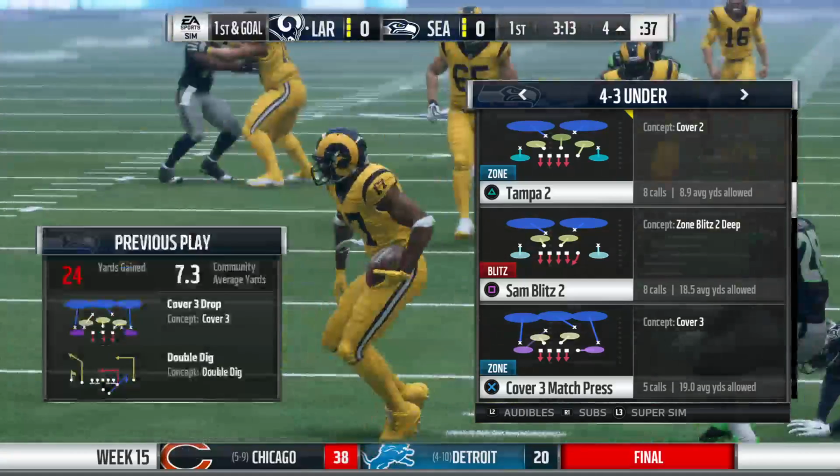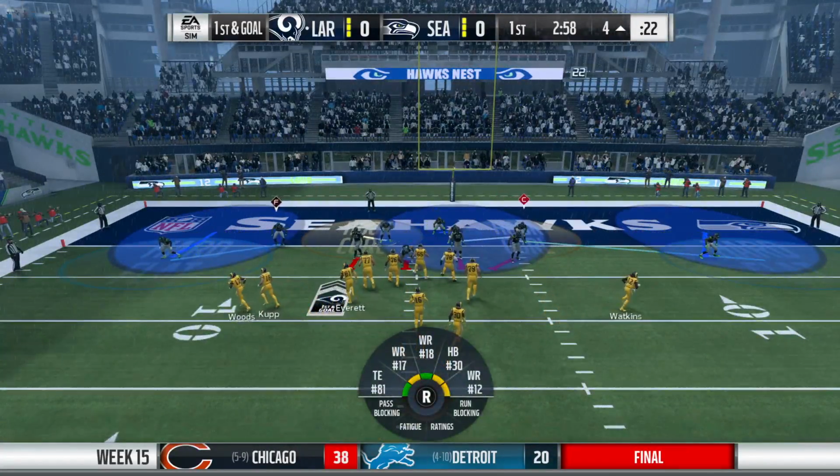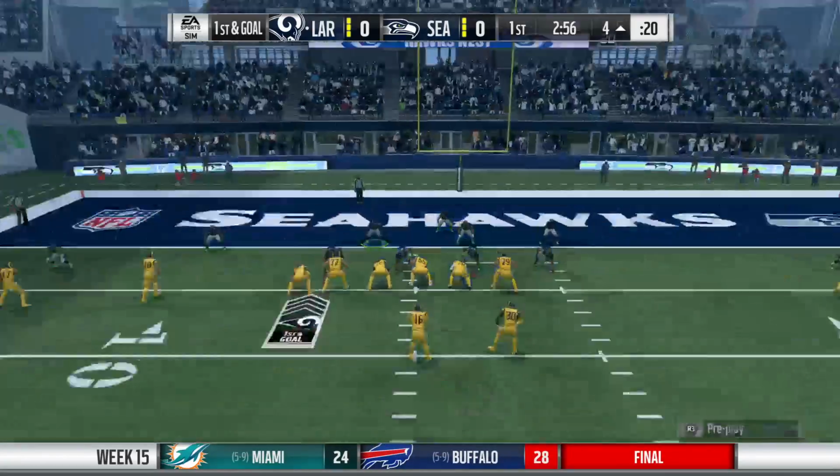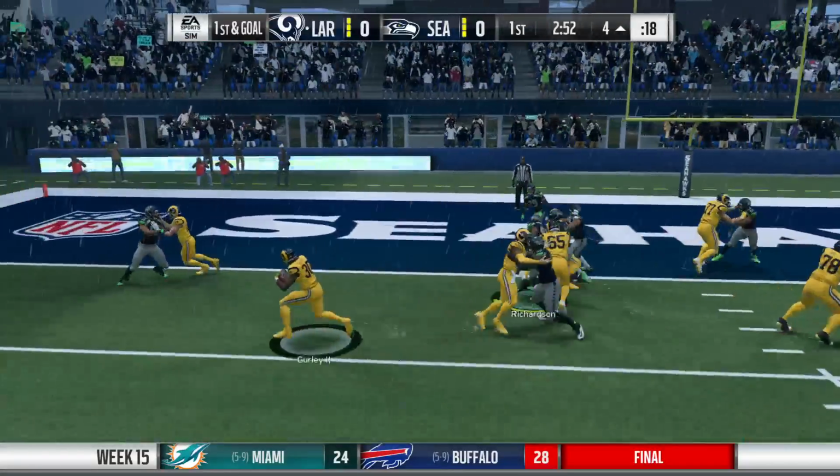His passing's been on point on this drive, hasn't it? Been very accurate, gotten the ball downfield, gained nice chunks of yardage. But now, in this situation, the field is really condensed, partner. So if he's going to throw the football...